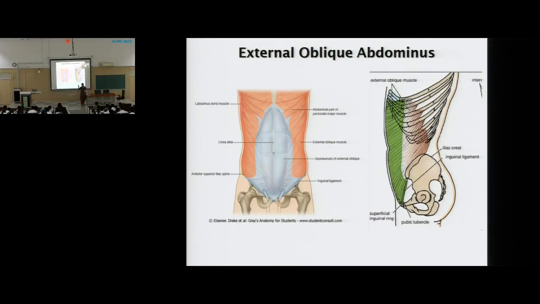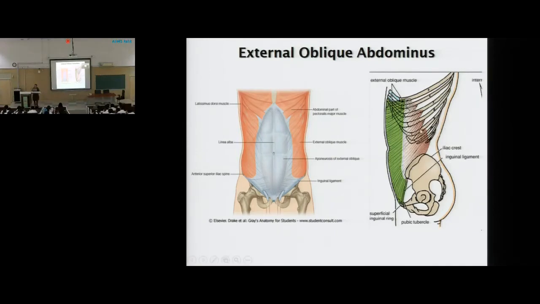Clear? It is the outermost muscle, so it originates from the outermost part, which is this outer lip of the iliac crest. From the anterior 2/3 of the ventral segment of the outer lip of the iliac crest, this is going to originate. Okay? All these fibers,